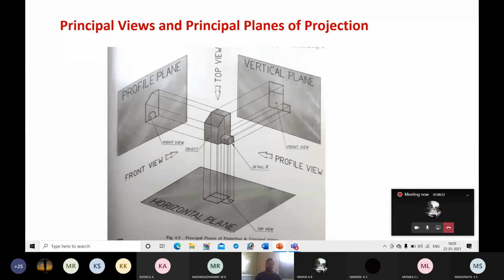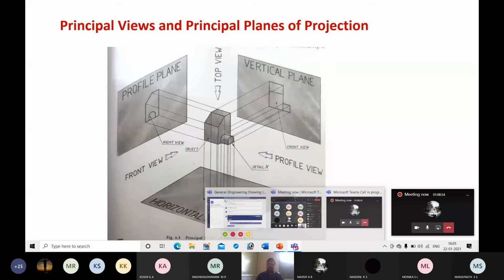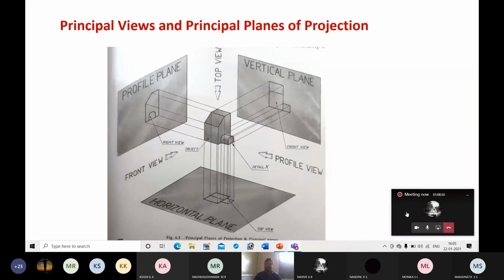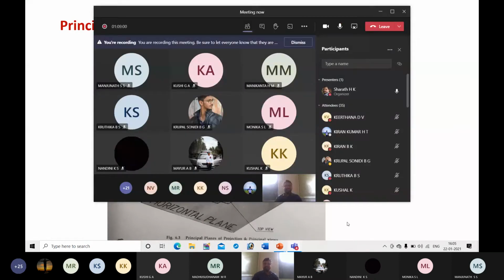Again, if you look at the left side in the room, what are you able to see? If you turn left, what do you see? Again, there is another wall. What is the orientation of that wall on your left side? Vertical. Again, if you look towards the right in your room, what is the orientation? Vertical.